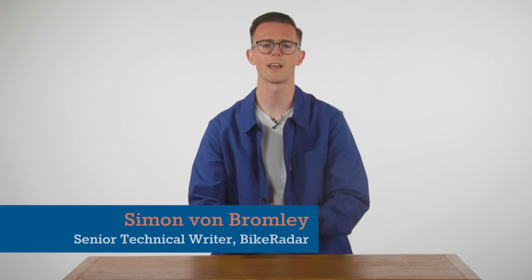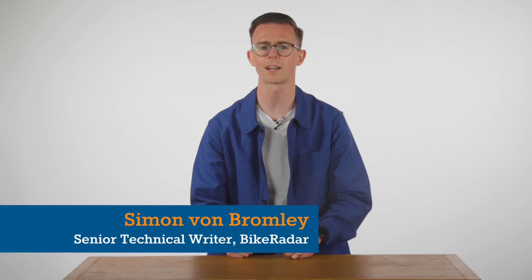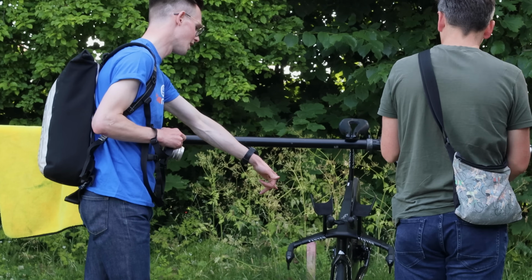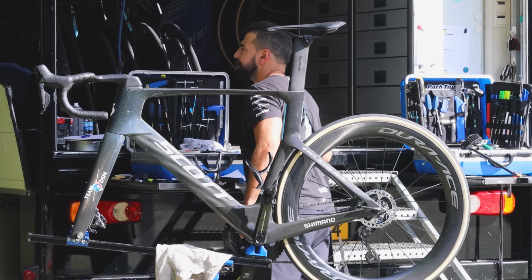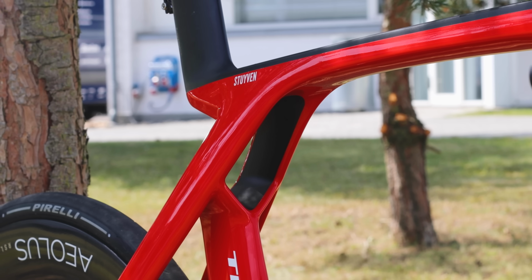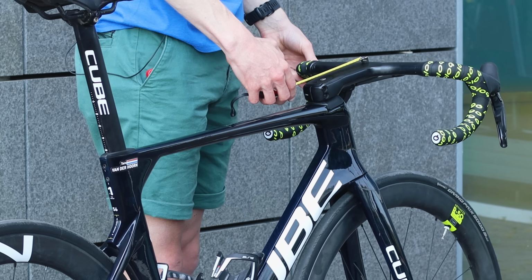We recently spent a couple of days in Copenhagen, Denmark at the grand départ of the 2022 Tour de France, hassling team mechanics for access to the latest and greatest pro bikes. As the sport evolves, so do the bikes, and there are always some interesting trends to bikes at the Tour if you look carefully. With that in mind, here are our top 5 trends that we spotted at the 2022